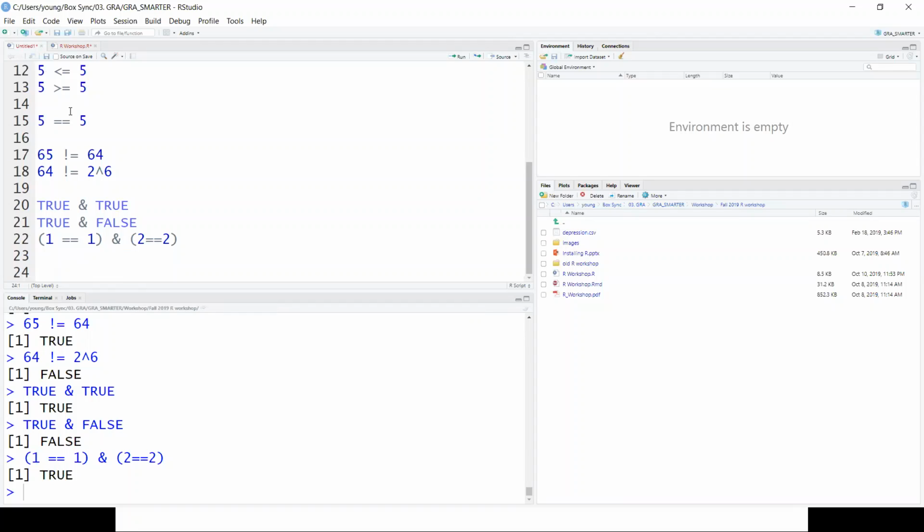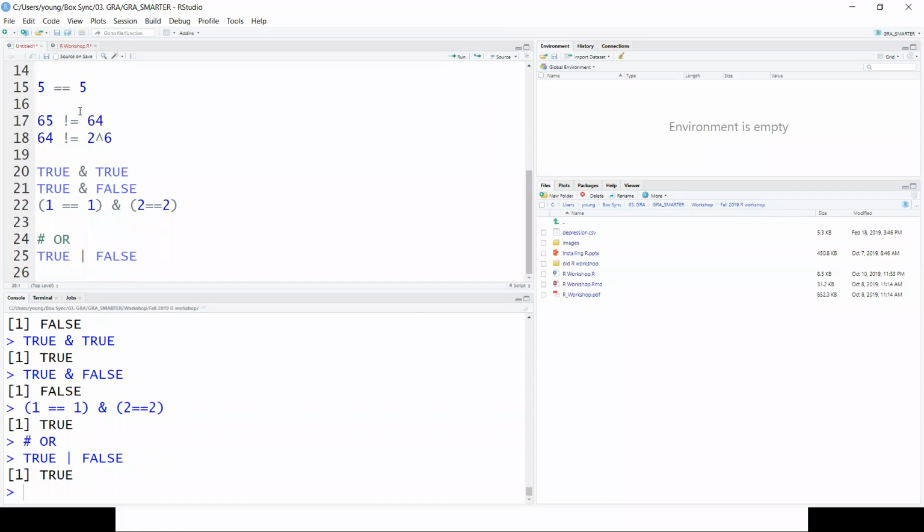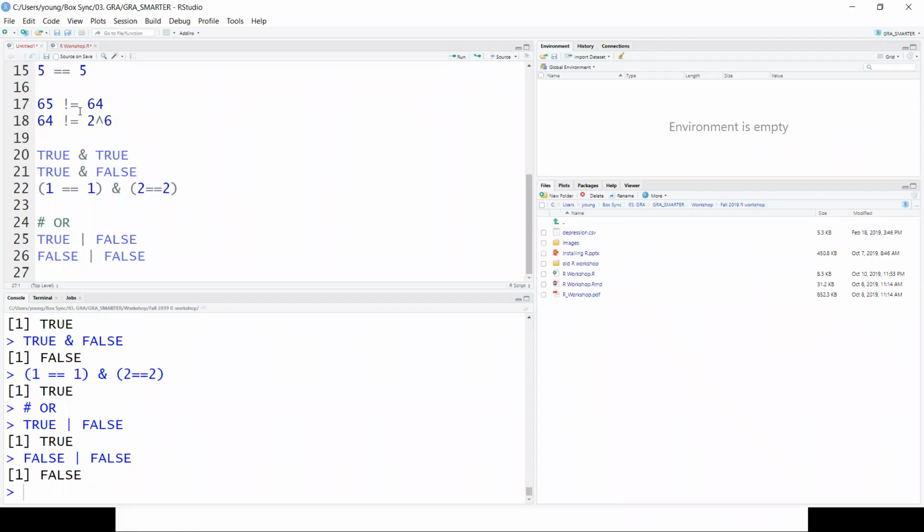What about the OR operation? For OR, we use this notation, which is above the Enter key on the keyboard. I'm going to evaluate TRUE or FALSE to see if this is true. It's going to be TRUE because either one of the two is true. And then what if we put FALSE and FALSE? It'll be FALSE, right?